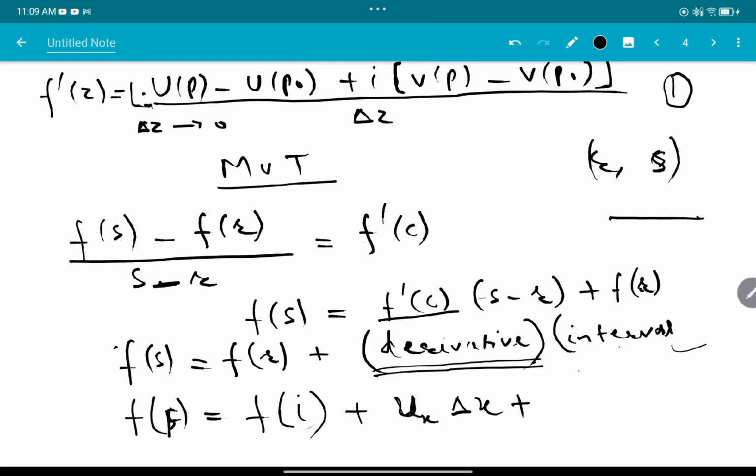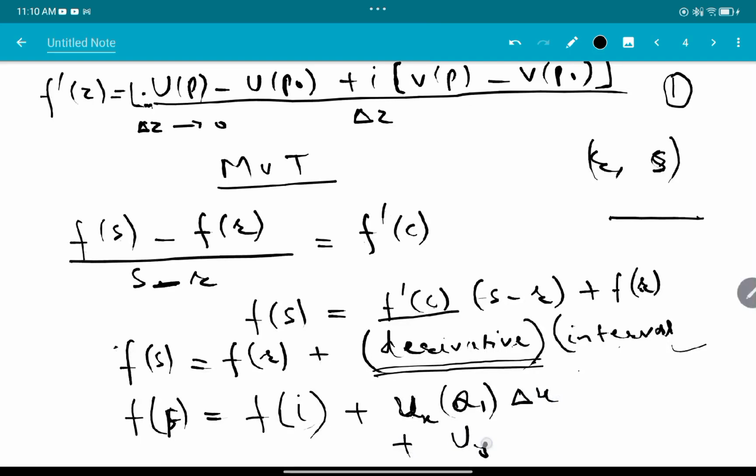It is not only the derivative; there is one more thing that we must consider, which is very important. You have to take the value of the derivative at a point. This is true for a particular point in this interval, which will lie between r and s. Let us call that point Q1. So we write u_x at Q1 into delta x plus